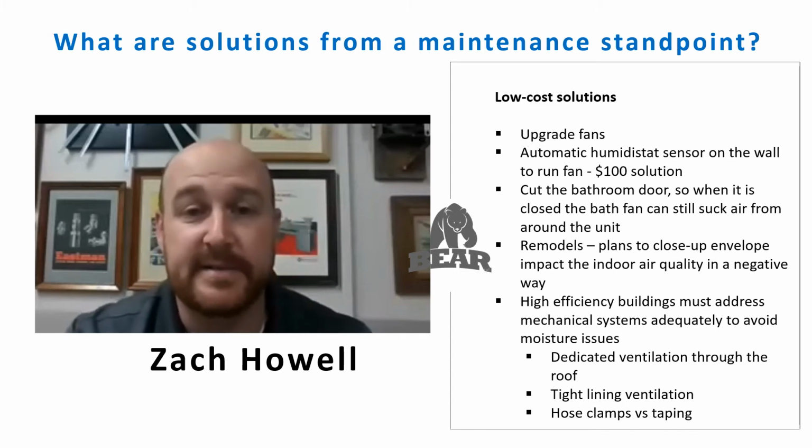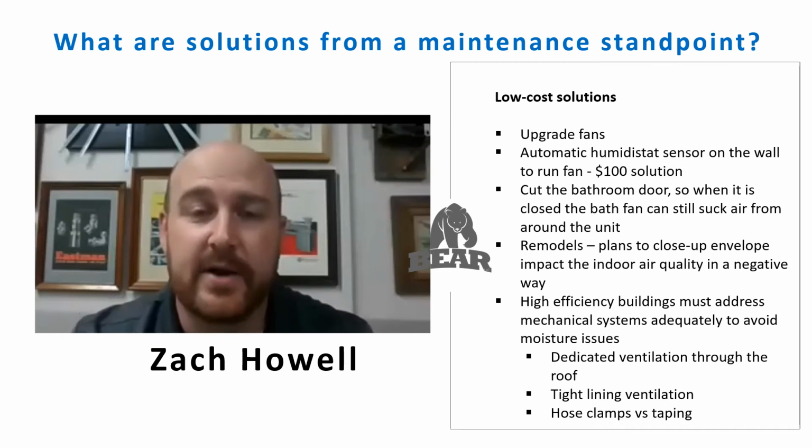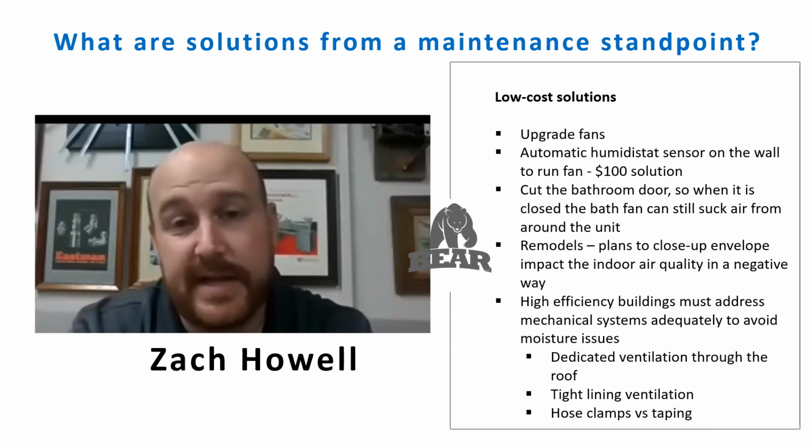When we talk about developing projects and building out of the ground, or even large renovation projects, most people think, I'm going to reclad this whole thing, new windows, new siding, new roof. What they don't realize is as they close up that envelope, the indoor air quality is going to be affected, typically in a negative way, because the mechanical ventilation on the inside is just not designed to keep up with that, because it was used to having airflow through the wall and through the fenestrations and windows and all these little areas where it's not very energy efficient, obviously, but as it relates to airflow, it's great. So once we want this high efficiency, we have to address mechanical ventilation,